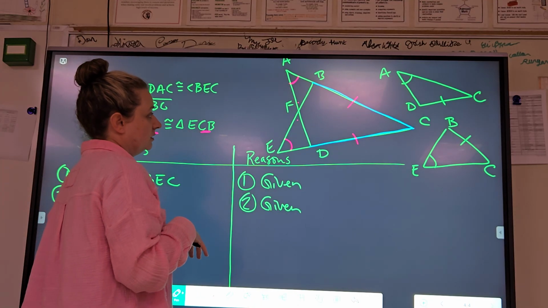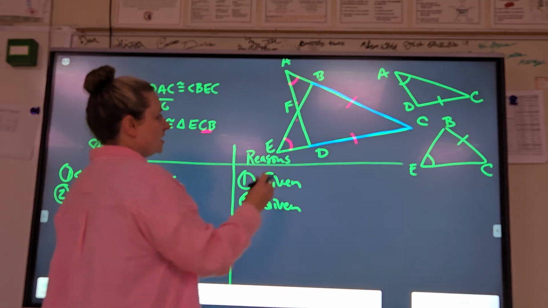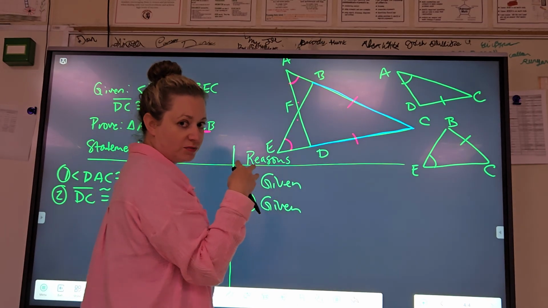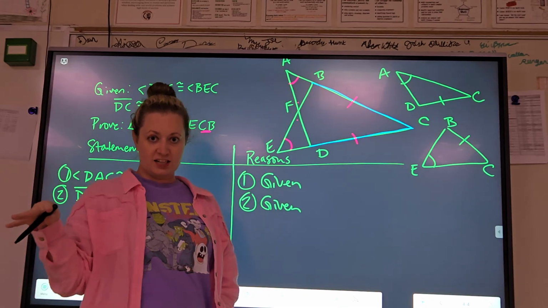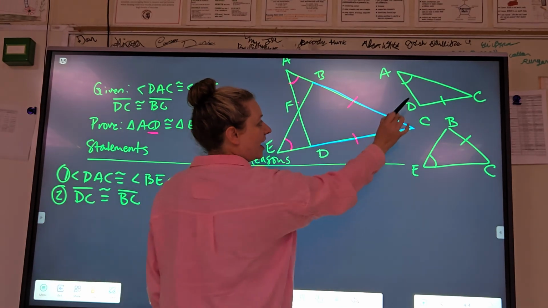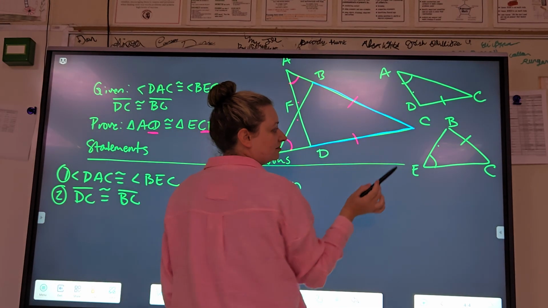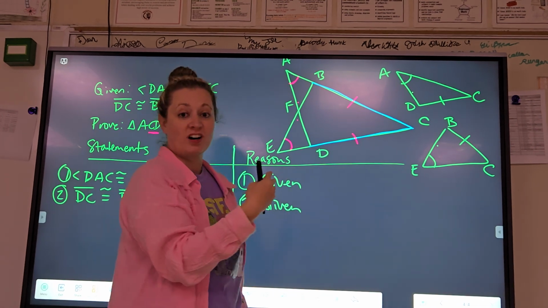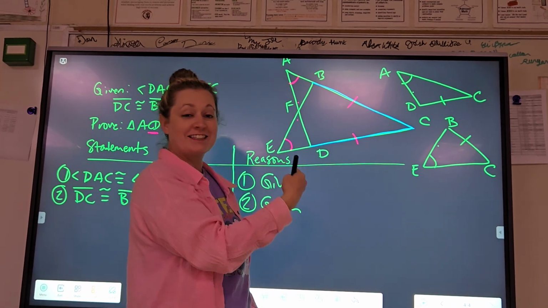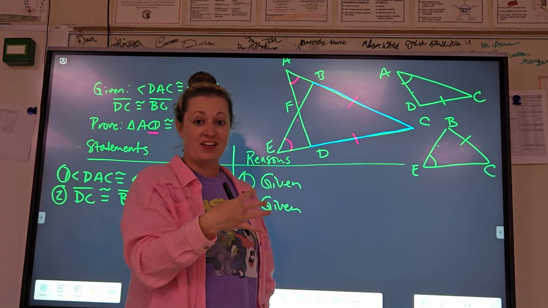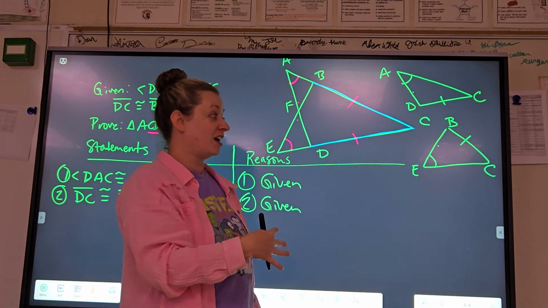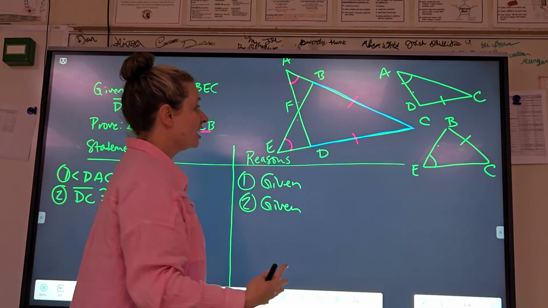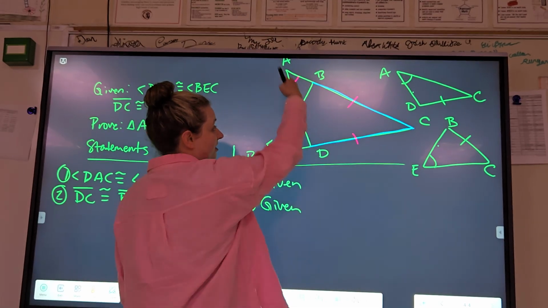So looking at what we have, these vertical angles that I mentioned before, because that's what my eyes jump to, and that's what every other class has said too. But those vertical angles are like right here, somewhere along that side, that has nothing to do with any of the angles in those two triangles that I'm trying to prove. So they're not helpful at all. I don't know anything about the other sides,